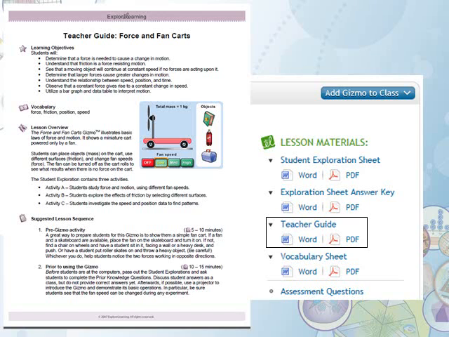In the lesson overview section, 3 activities for this gizmo example, called Force and Fan Carts, are identified. All teacher guides contain a lesson overview section, however the number of activities may differ depending upon the gizmo. Activities are built upon cognitive complexity and are presented in a progressive order. The lesson overview section of the teacher guide offers a short synopsis to aid in planning instructional activities and selecting